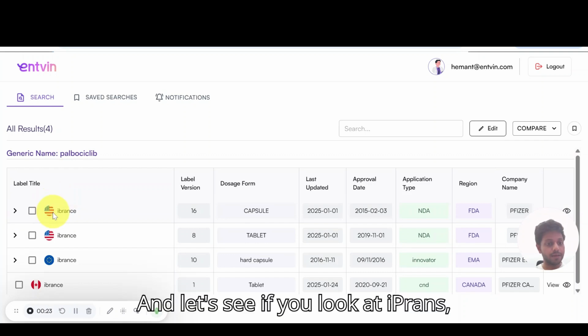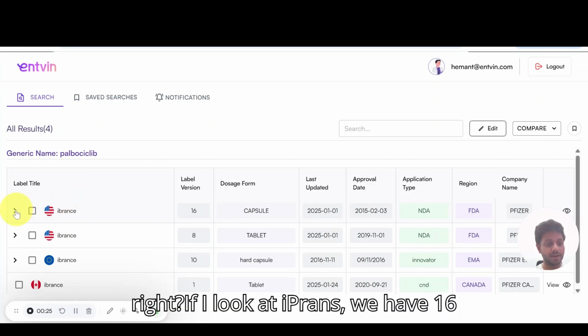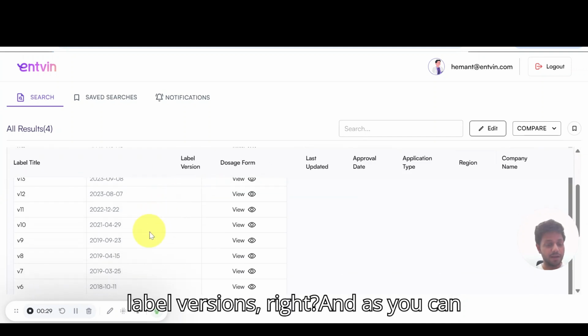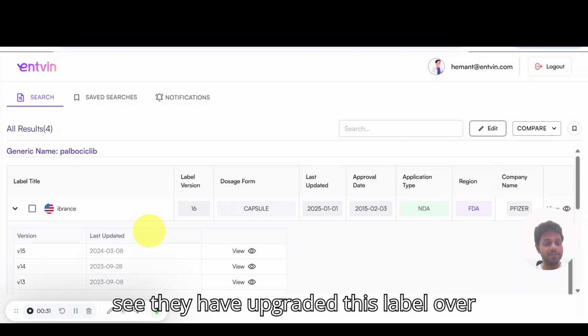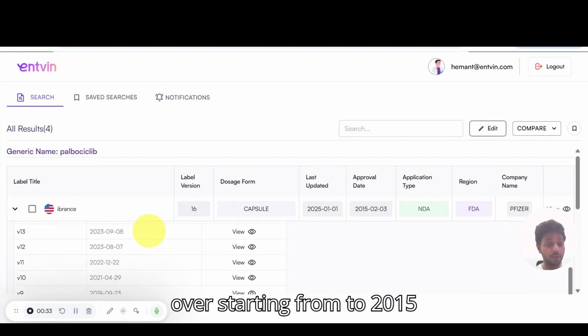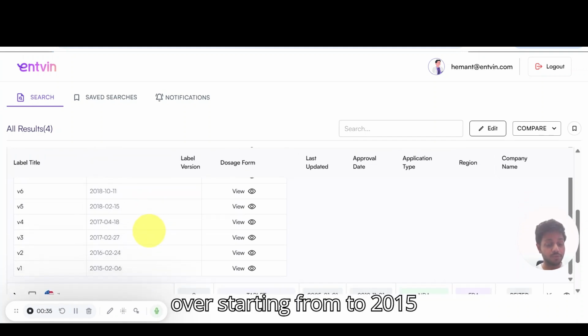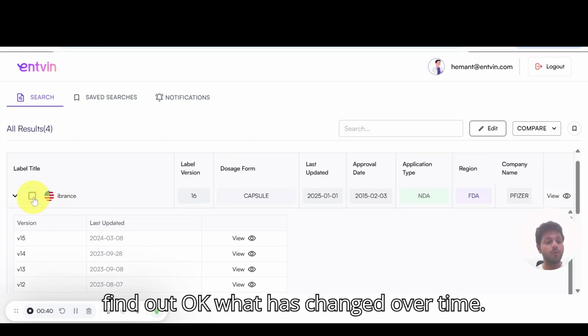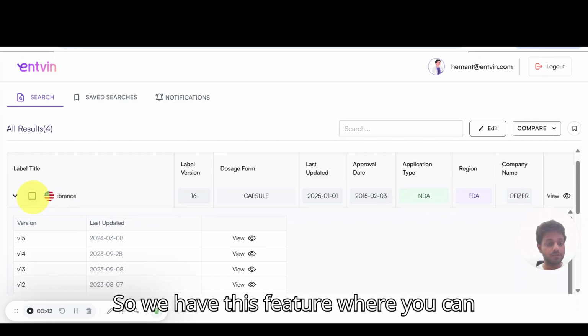And let's say if you look at Ibrance, if I look at Ibrance, we have 16 label versions. And as you can see, they have updated this label starting from 2015. Now, if you want to find out what has changed over time, we have this feature where you